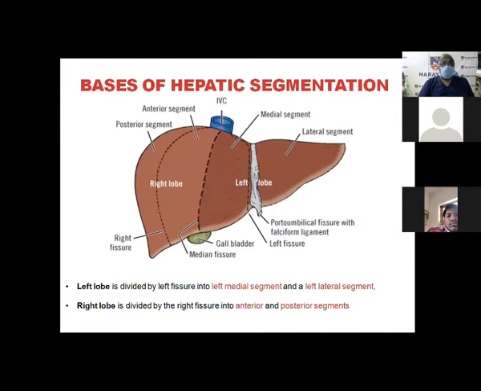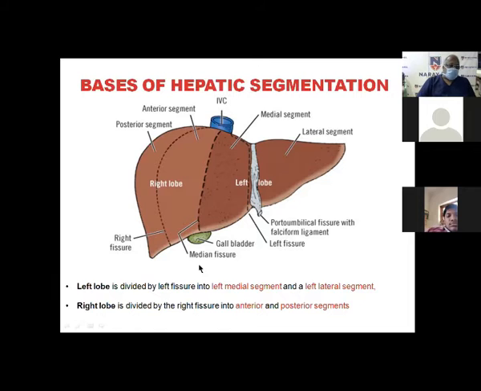Functional and segmental anatomy. Basis of the hepatic segmentation. This is the left lateral segment. This is the medial segment. The whole thing is called 2, 3, 4. This forms the left lobe of the liver. A little lateral, segment 4 is further divided into 4A and 4B by subsequent surgeons. And to the left of it is the falciform ligament, which will guide you if you properly trace it. The left umbilical vein, usually fibrous, goes and joins the left portal vein. That is one of the ways to identify the left portal vein.